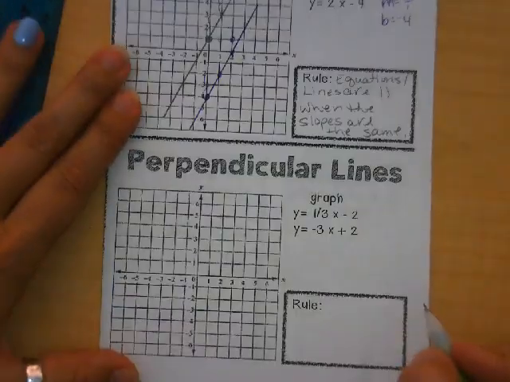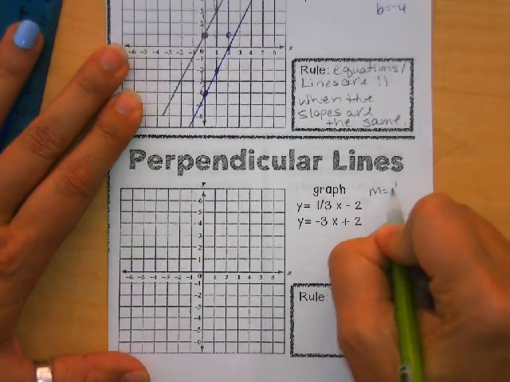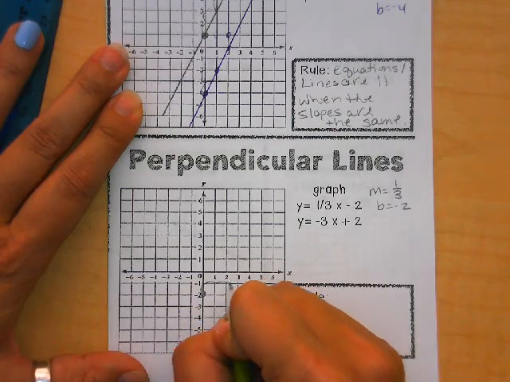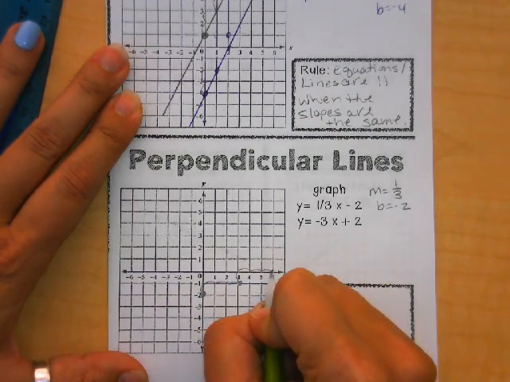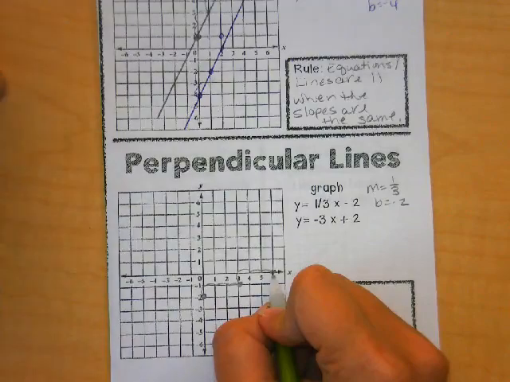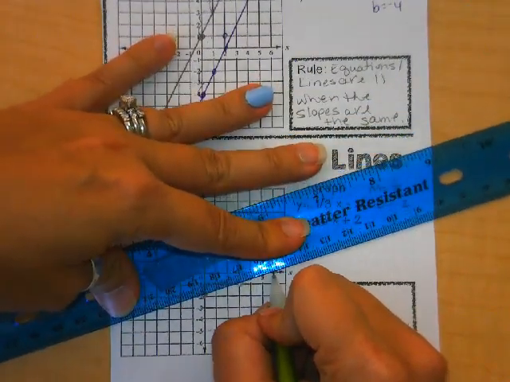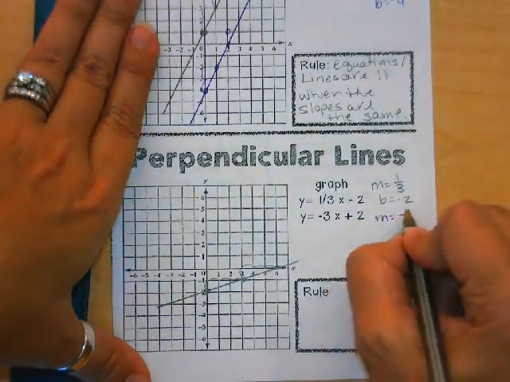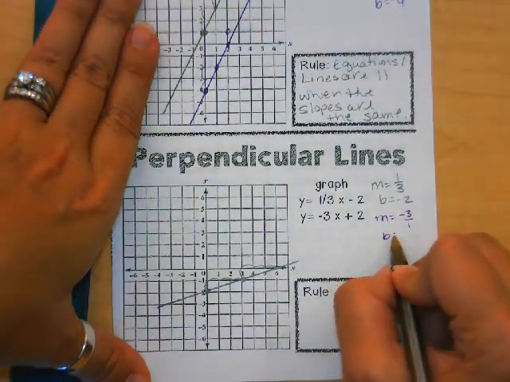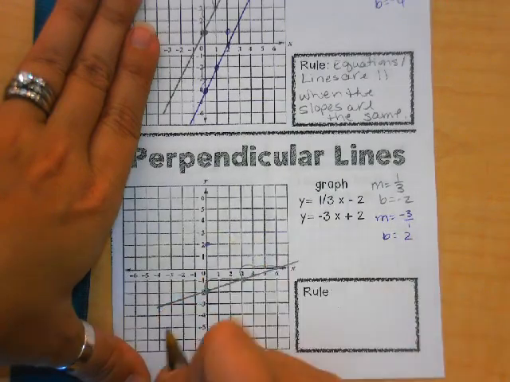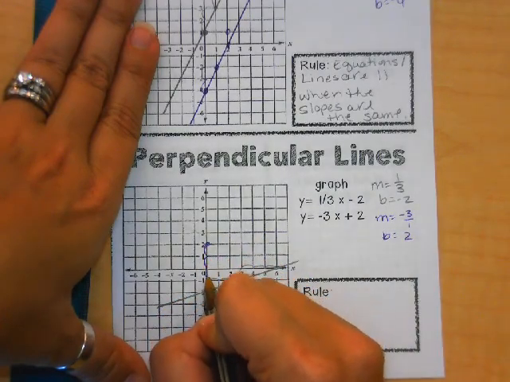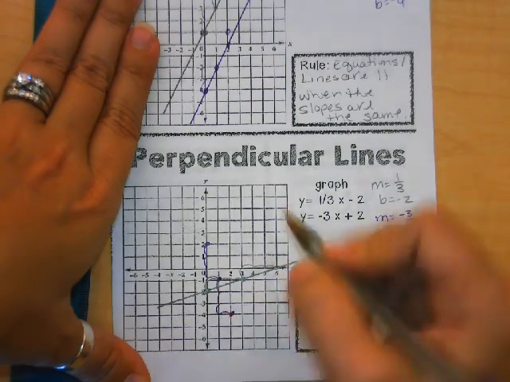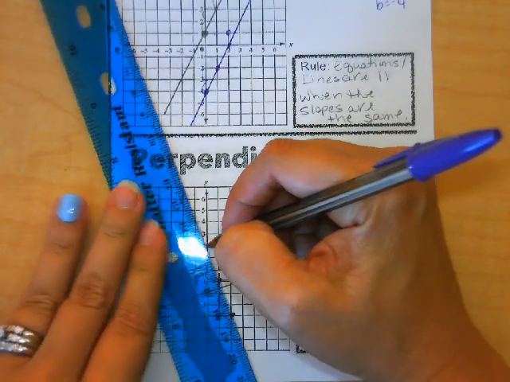So when I graph this first one, my slope is 1/3 and my b is -2. So I'm starting down here, rise 1, run 3. I can draw my line. Use a different color here. My slope is now -3 over 1 and my b is +2. So +2, now I'm going to go down 3 and over 1. Down 3 and over 1. So when I draw this line,